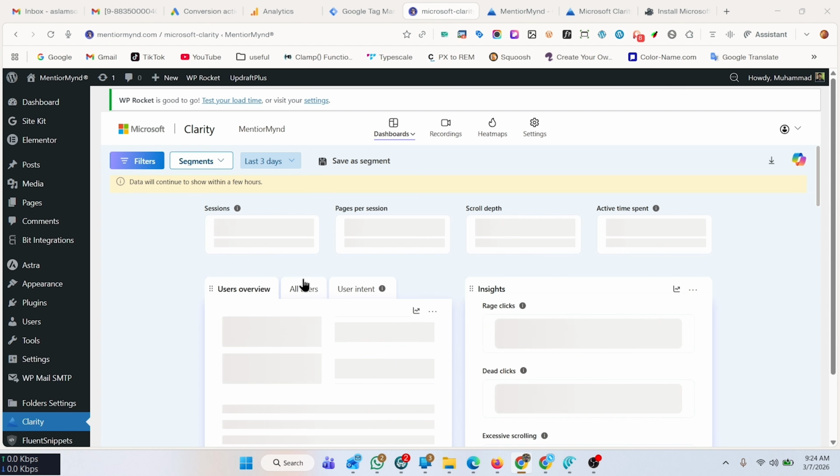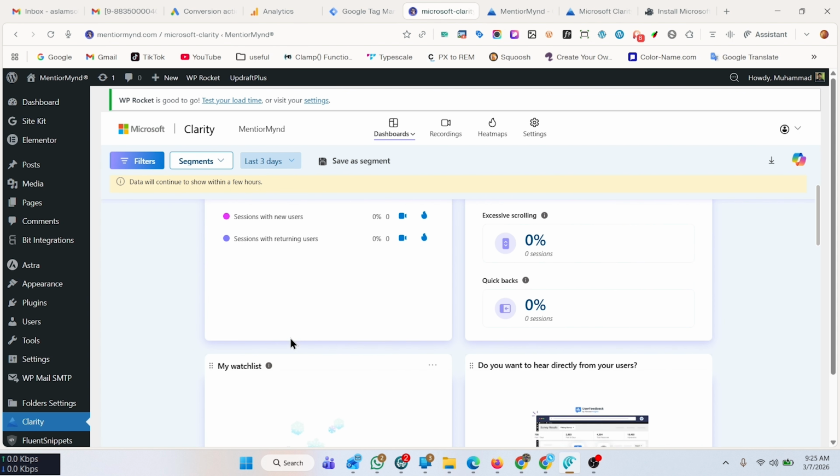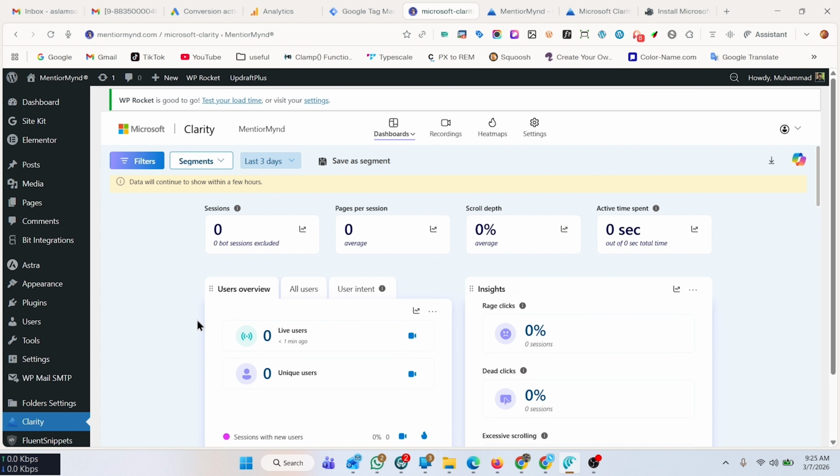So here you can see that once you select your project, it will log into your dashboard and bring you to the project you have created and connected with your website. So here you can see how quick and easy this method is. Now Clarity is running on your website, and here you can also see the information inside your website.